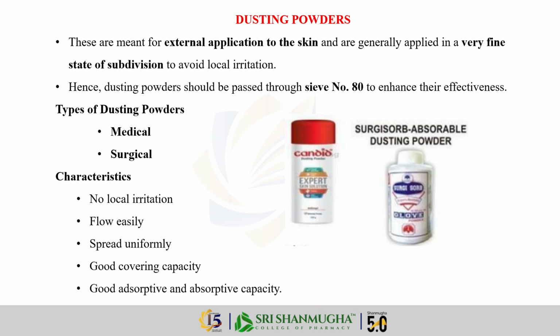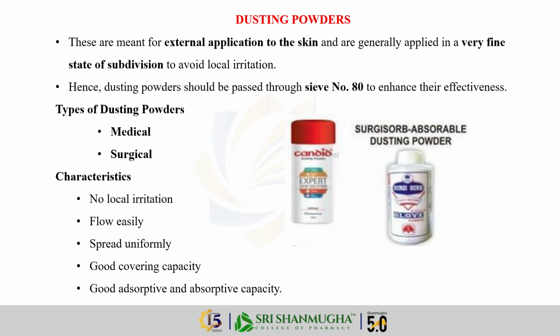The dusting powder should be passed through sieve number 80 to enhance its effectiveness. There are two types of dusting powders: medical dusting powders and surgical dusting powders. The characteristics of dusting powders are no local irritation, flow easily, spread uniformly, good covering capacity, and good